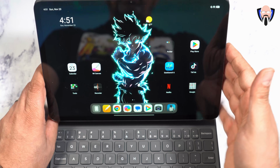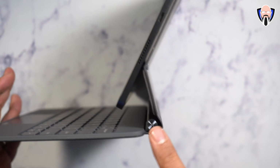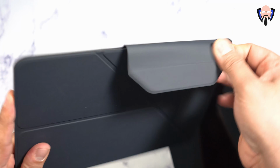So this is the floating keyboard one. Looks and works absolutely fantastic. Very much a very beautiful mechanism in here. Very sturdy and very nice. And it does not slip. There's no issues there. The next case we're taking a look at here is, again, the origami case, I think, for the best way to describe it,